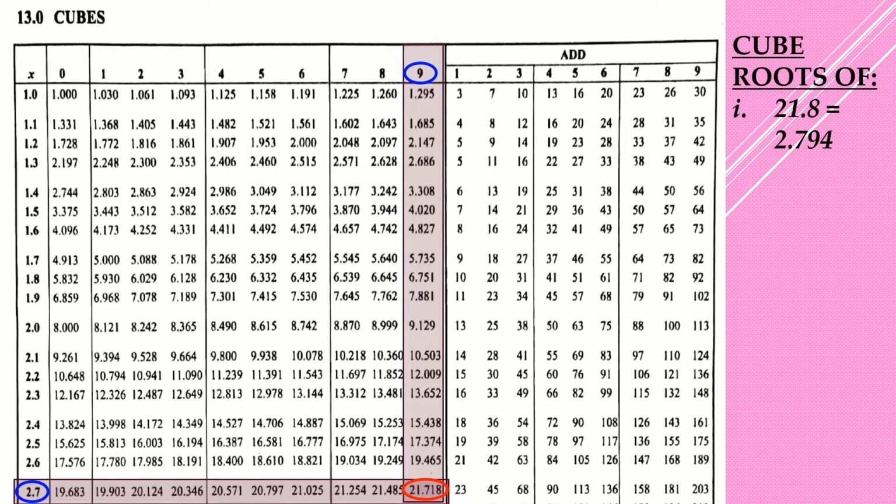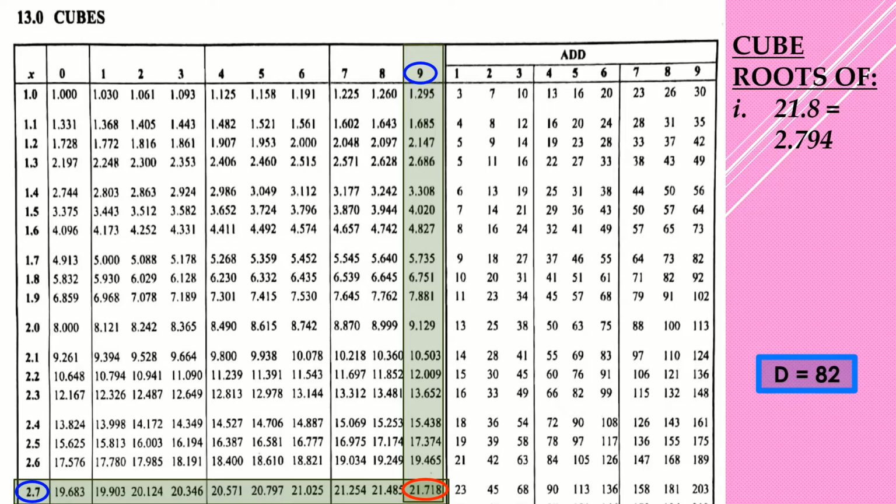We are supposed to get the difference between the two numbers, 21.8 and 21.718. So if we get the difference by use of our calculators or any other method, it means we subtract the one which is bigger and the one which is smaller. If we get the difference, it will give us